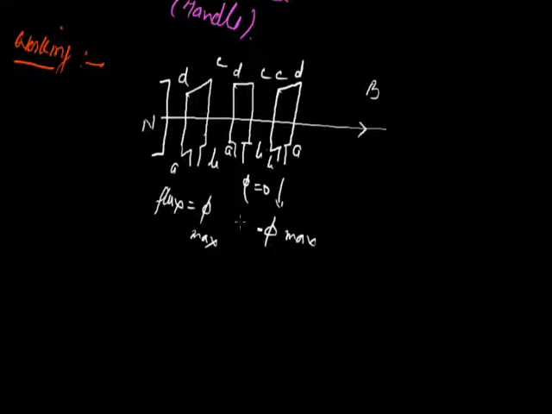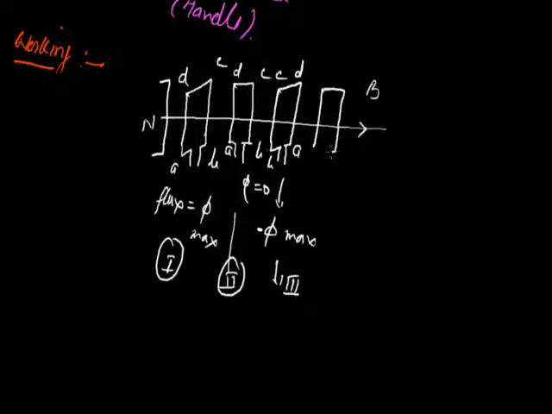Initially in the first case, this one is first, this one is second, and this one is third. The difference between the first and third is only this one. Initially the flux is passing through one surface, but in the third case it will enter through the second surface. Now it is rotated by 180 degrees. Now when it is again rotated by 90 degrees, it becomes in this way.